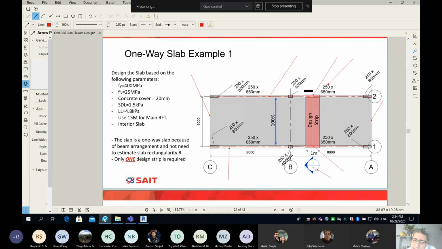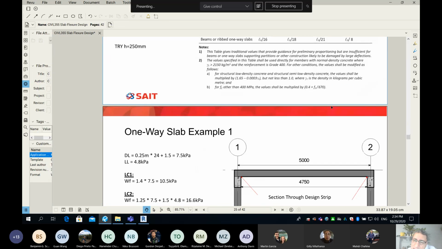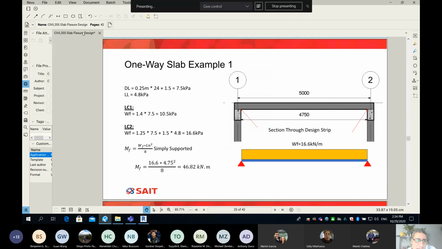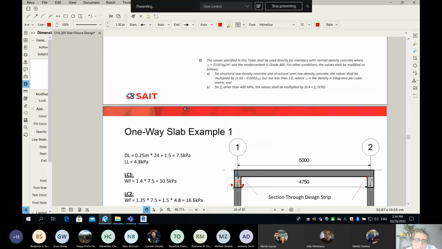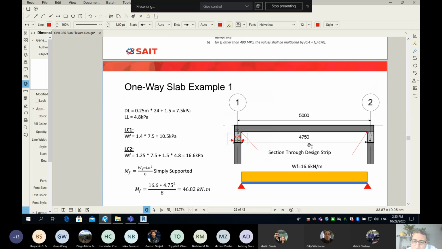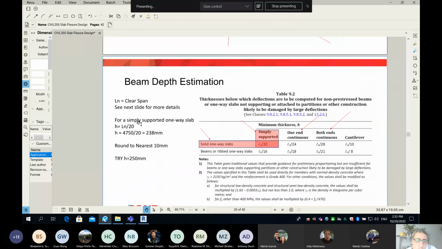The beam width is here, 250 by 650. So if the beam width is 250, I'll dimension that for you. It's like 0.25. Then you guys know you can find your clear span. So all you have to do is, you can see my clear span is 4750, and then I can go here and I divide